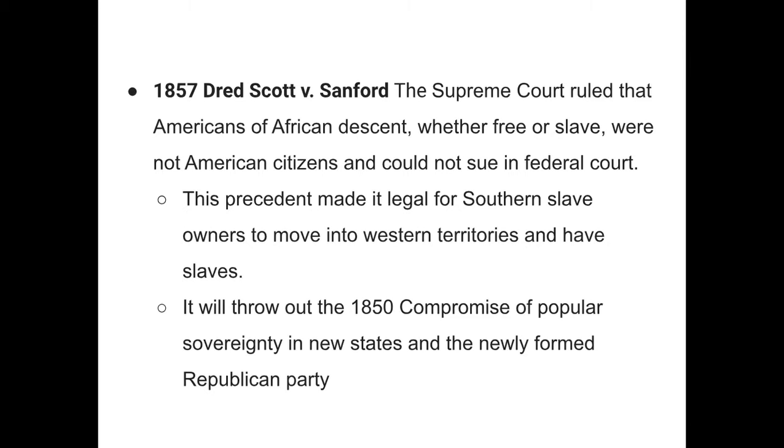And so you have the Kansas-Nebraska Act saying popular sovereignty, but in this Supreme Court case, Dred Scott versus Sanford, it ruled that slave owners could actually take their slaves into free states because slaves would never be a citizen. They can never ever sue the federal government. And it's a court case that's going to set the courts back a whole bunch and the country back.